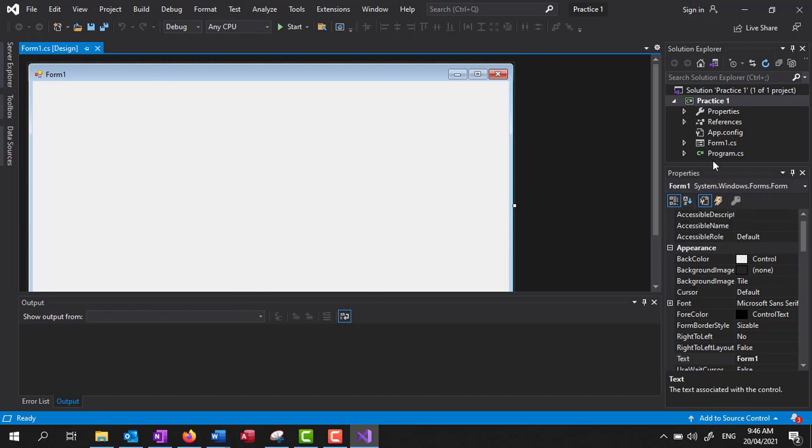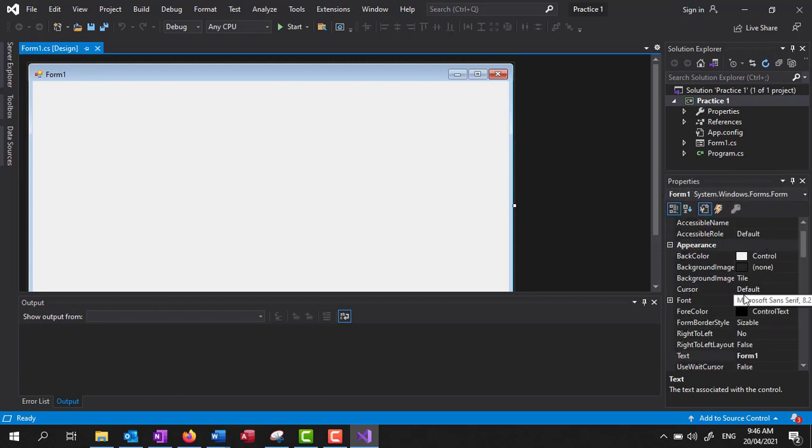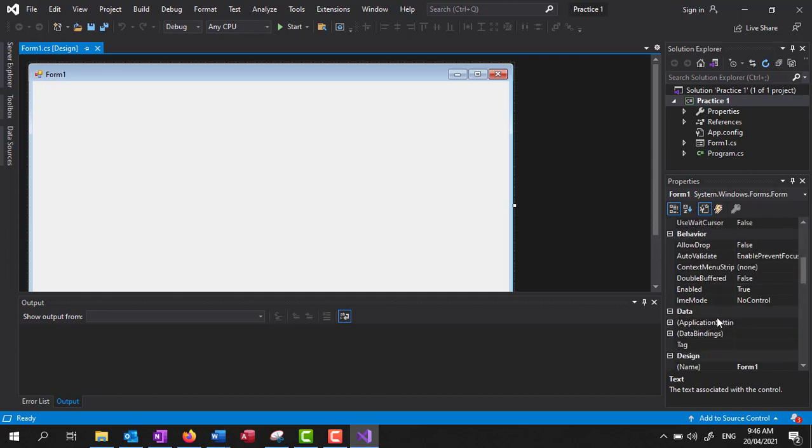You can see from the default, what I recommend doing is, yours might look like this. I do recommend, particularly when using forms, grabbing this and dragging it up, because you have all these properties from forms, like background color, background image, titles, form color, behaviors, data, and all these different pieces of information. So for example,